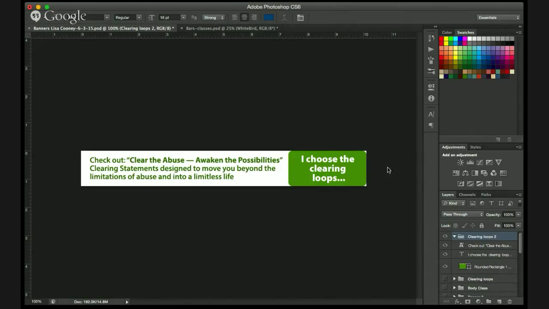And the default is to duplicate the group in the same folder here. So I'm going to say OK, and now I've got a group that's called Clearing Loops 2 copy. So I'm now going to turn the old Clearing Loops 2 off, turn this one on,